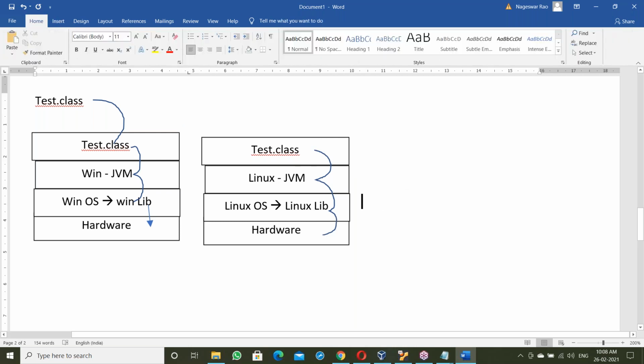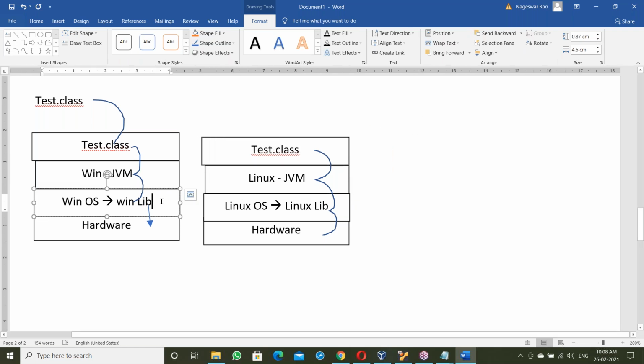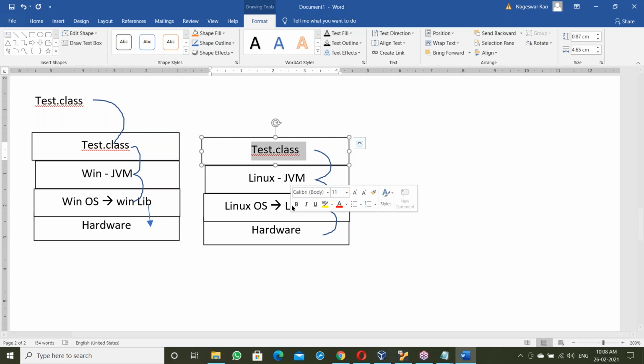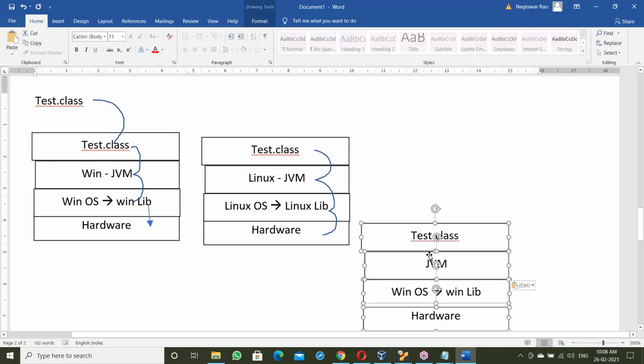So the JVM is responsible for making the .class file platform independent. The JVM takes care of linking your .class file to the current base. If the current base is Windows, your .class file links with the Windows library. Who links it? The JVM. Suppose the .class file is running on Linux, then the Linux JVM links our Tested.class file to the Linux library. Once linked, it executes, generating output.